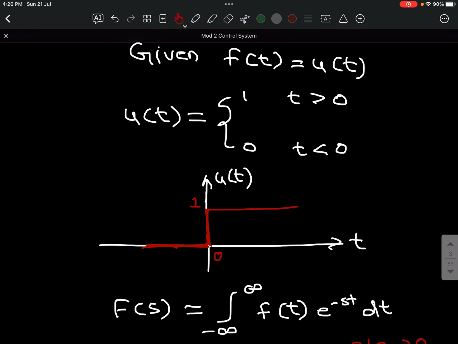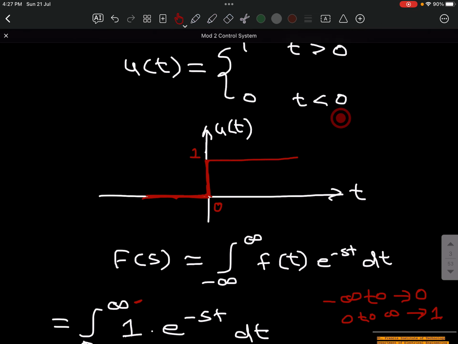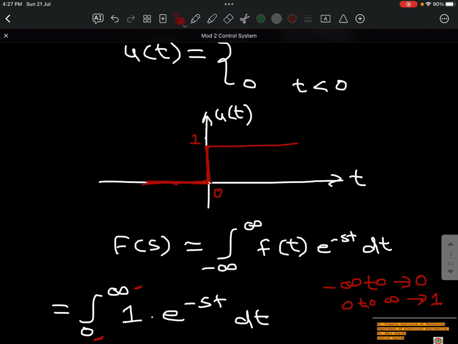So how it looks like, F(s) is equal to the integral from minus infinity to infinity of f(t) e raised to minus st dt. Now what is f(t)? f(t) is nothing but u(t). Now it is an integration from minus infinity to infinity. Now as per the rule of integration, we generally divide it into two parts, from minus infinity to 0